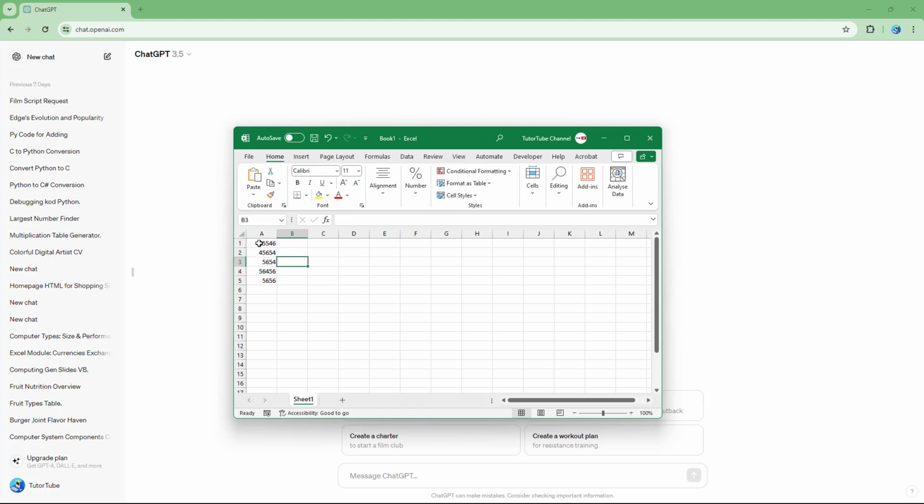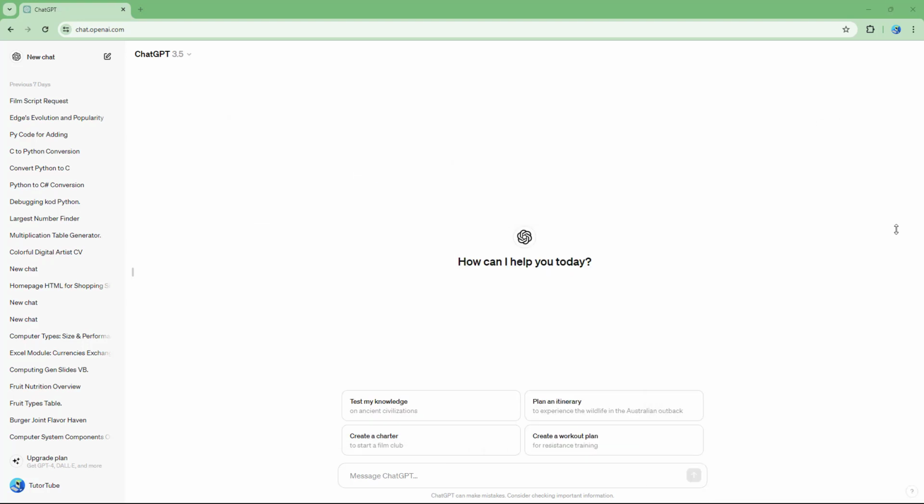So this is A1, as you can see, to A5. So what I want to do is I want to know the formula to generate the average value from cell A1 to A5 right here. So I'm just going to go around and do that, and I'm going to say write an Excel formula to calculate the average